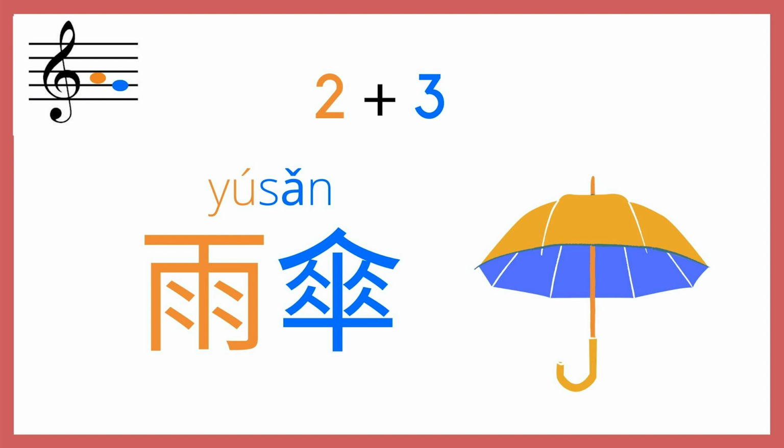This is pronounced 雨伞, umbrella. Those of you who are particularly observant notice that the umbrella picture is orange on top and blue underneath. Orange first, then blue. Second tone, then third tone. 雨伞. Ma, ma. But wait, we're not done with the tricky third tone, not just yet.